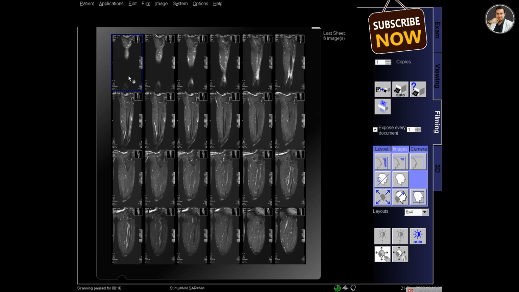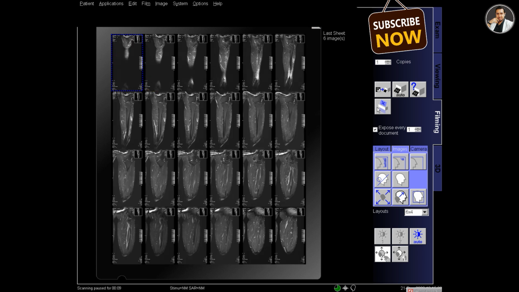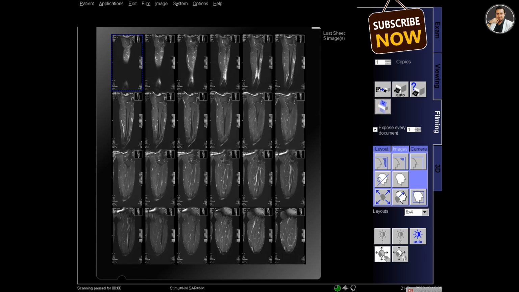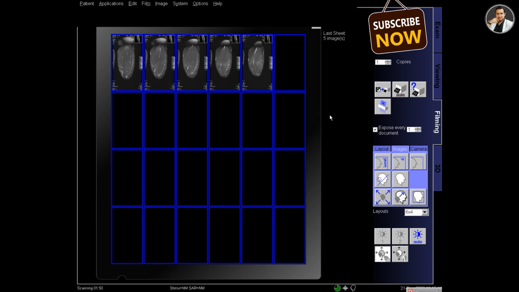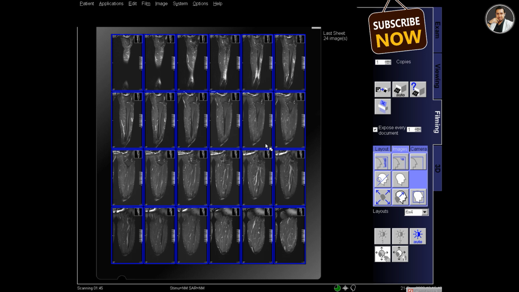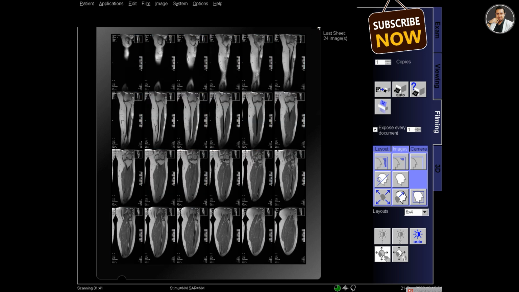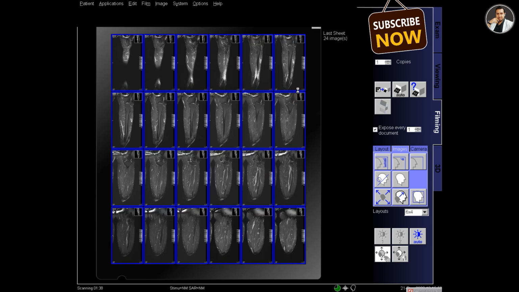For this I have to select series and reverse series so that the images are in proper orientation, and then delete the extra images so that the extra film is deleted. So I have to delete all these images. Now it's okay, and then drag the image, adjust the zoom pan and adjust the contrast.